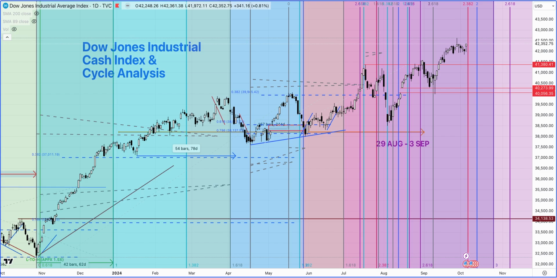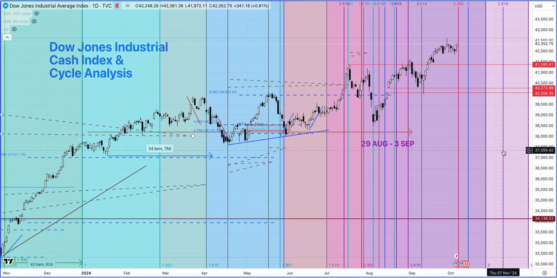We are taking a look at the chart of our timing model. This model has made some fantastic calls with turns in the market, so this is why we should pay attention to it. And we have some minor dates coming up. 7th of October, which is going to be the next Monday, we have a minor date coming up, and then the following Monday we have another date coming up on the 14th of October, and then we have the key date, which is coming up on the 7th of November 2024, which is a few days after the elections in the United States, I believe. And as always, with these timing dates, we have to give it 2 to 3 trading days on either side.